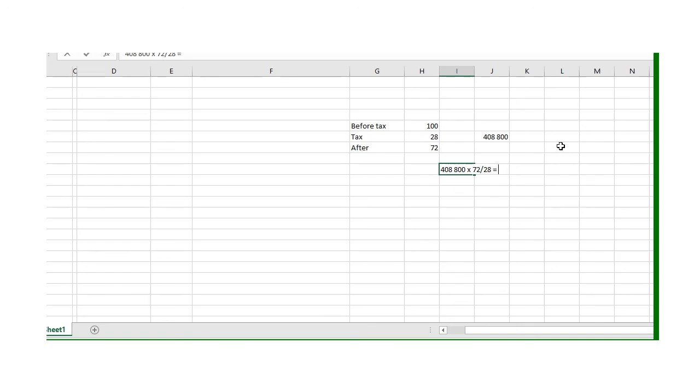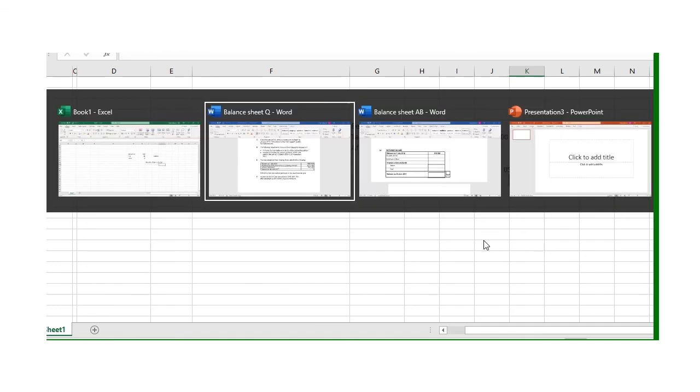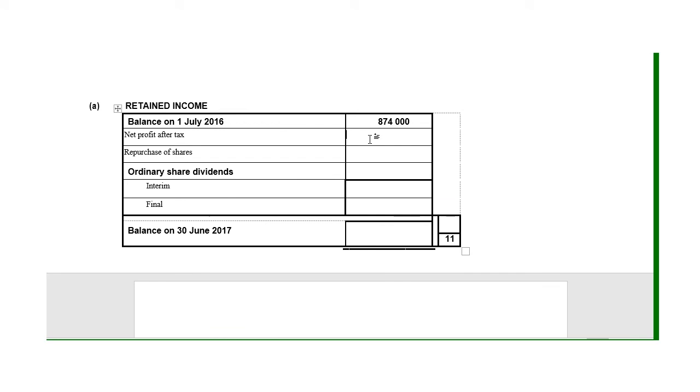and that should then give us what is that amount? 408,800 times 72 over 28 is 1,051,200. So my amount after tax is 1,051,200. So I will add it, 1,051,200. Okay, in the next one, we will continue with the